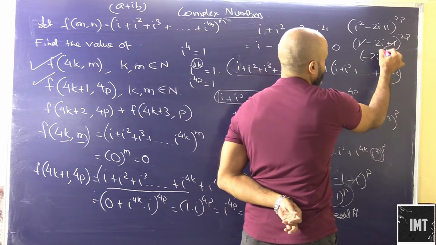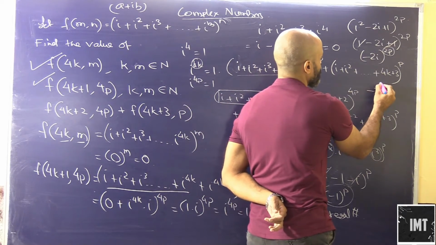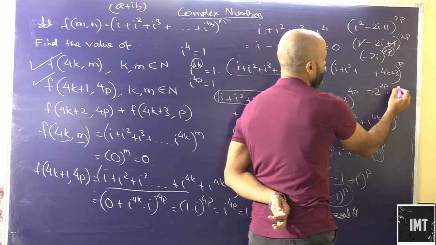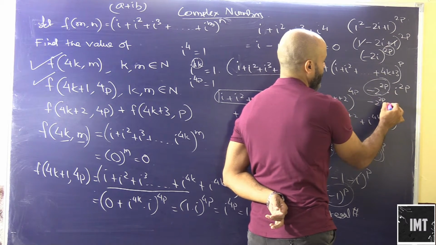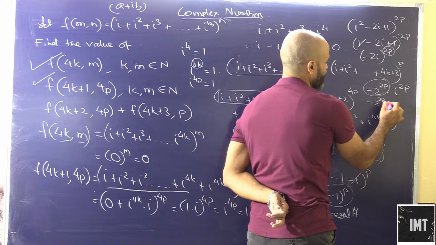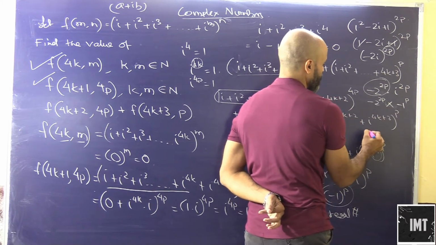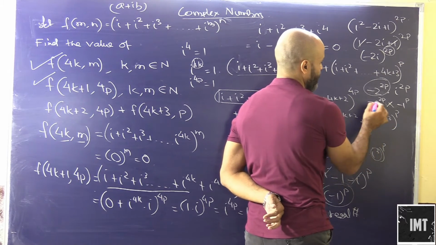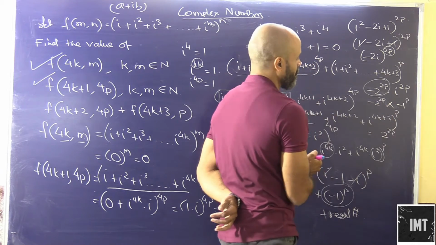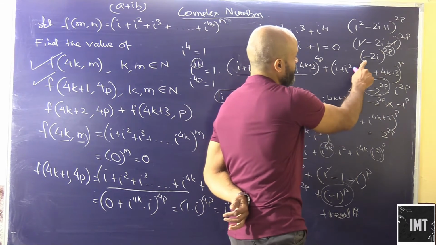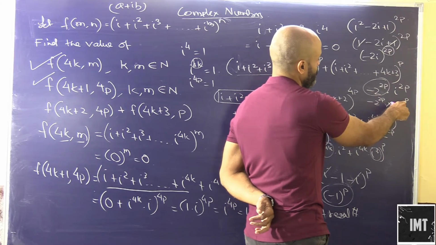See, here we have an even power, and whenever we have an even power, we can break it in this way: (minus 2) to the power of 2p into i to the power of 2p, which gives you how much? (Minus 2) to the power of 2p, and i squared is minus 1. So this will be into (minus 1) to the power of p. So this will be minus and minus, so this gets cancelled. 2 to the power of 2p, this will be minus 2, so this will be minus 2 to the power of 2p, minus i to the power of 2p minus i, yes.